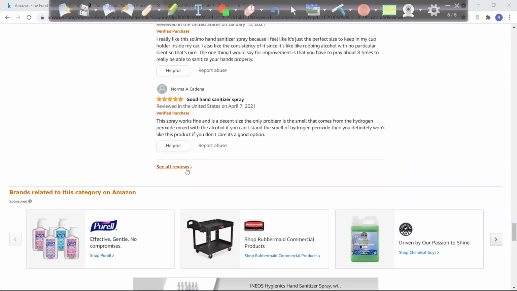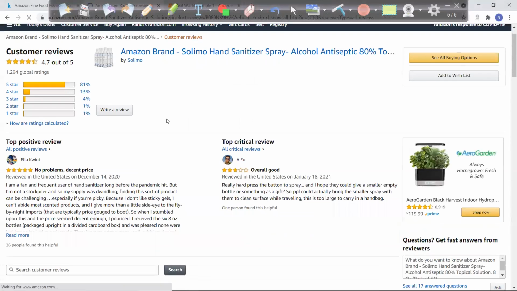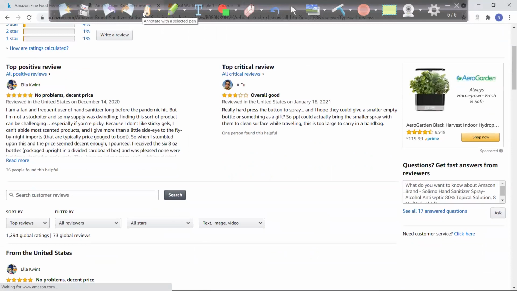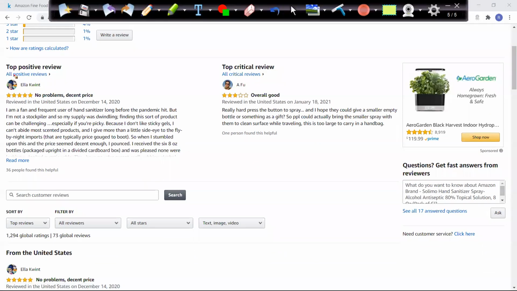If I go down, you can see there is an option, see all reviews. If I click on this, you can see that what Amazon is doing is segregating the reviews into top positive reviews and top critical reviews. Positive reviews are basically the good reviews, and the critical reviews are the bad reviews or a point of concern basically.